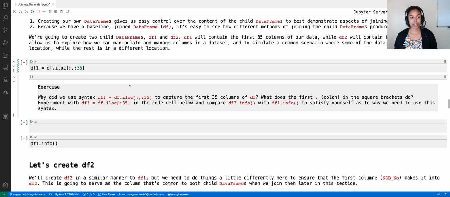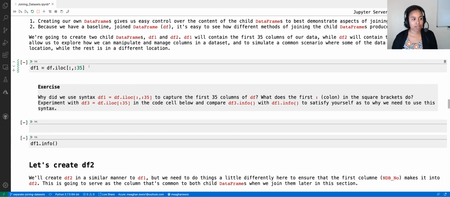So what I'm going to do here is to define a new variable, df1. For that df1 variable, I'm going to say df, so taking my original data frame, and then .iloc. This is integer location-based indexing. I'm specifying the rows here, with this first colon, and then separated with a comma, this indicates my columns. So when I execute this,